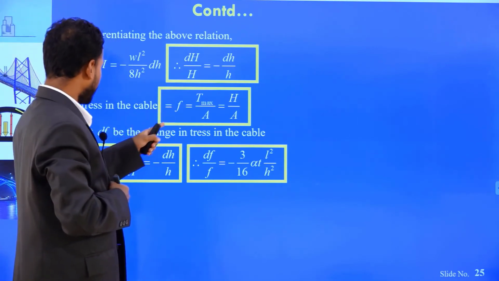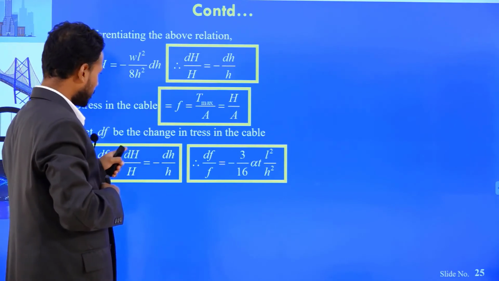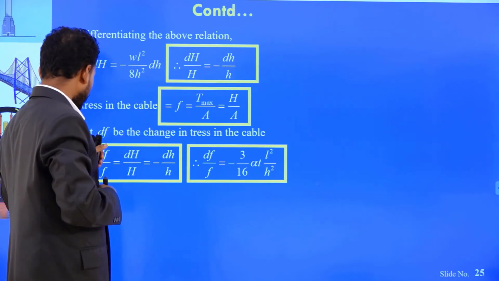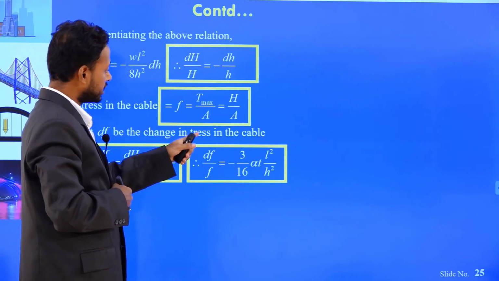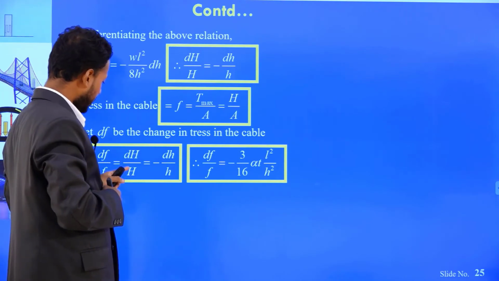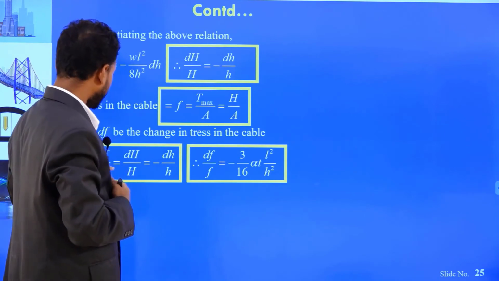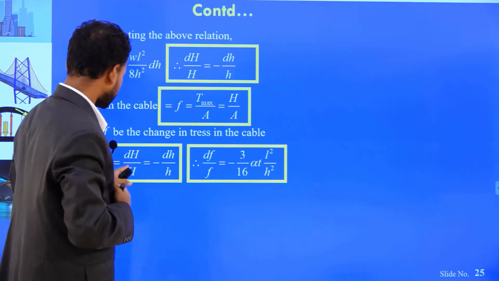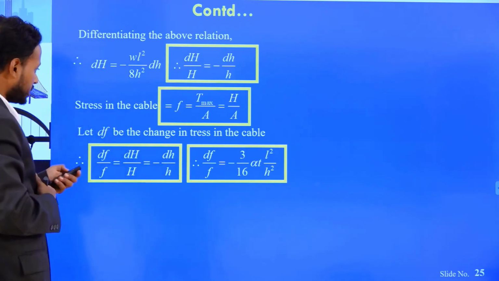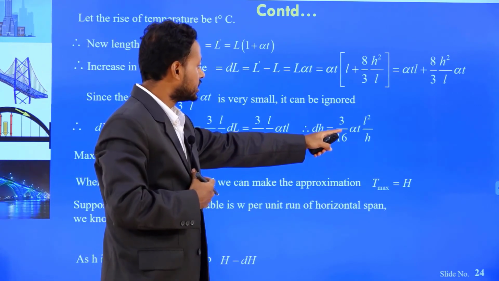Just see here, F is proportional to the DH. Stress is proportional to the DH, D capital H. So I can write DF be the change in stress in the cable. We can write DF by F equals DH by H equals minus of D small h by H. Therefore DF by F equals to, what is the value of DH by H? Minus 3 by 16. In the previous slide, DH by H we have derived that 3 by 16 alpha T